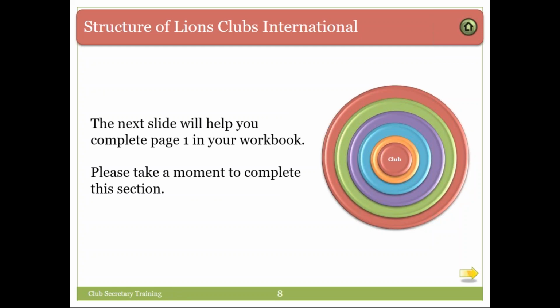There is a workbook for this, and it will be available. I was not able to get it done until late this afternoon, so it's going up on the website. You will be able to download the workbook and go through it as well, based on your notes from tonight.